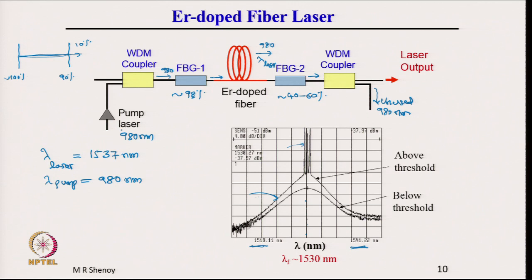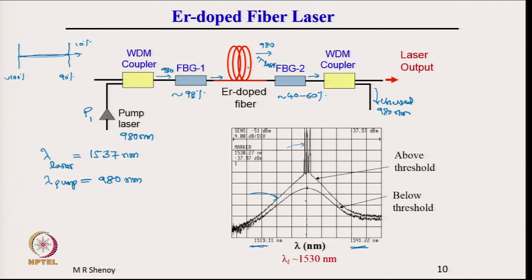We have shown one pump laser here. So, this is P1, one pump laser coupling from the forward direction. This is called the forward direction, which means along with the signal. Pump is flowing along with the signal. But we could also couple a pump using another WDM coupler from the reverse direction, because after all the role